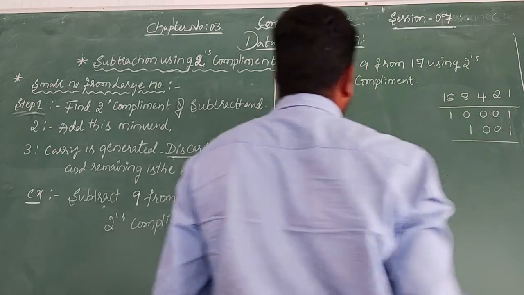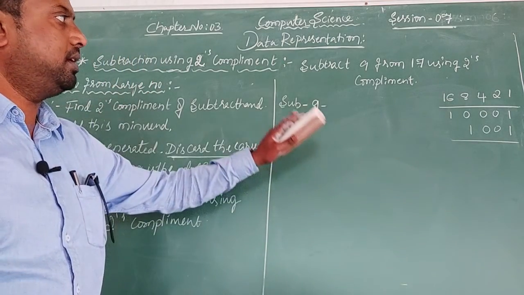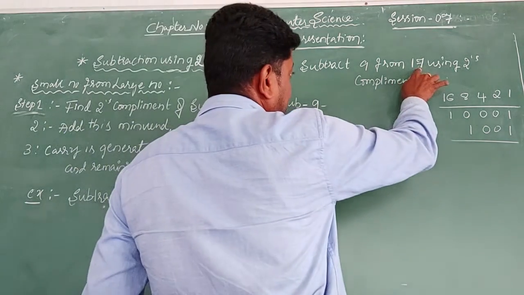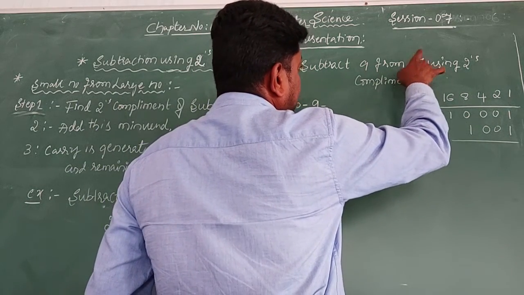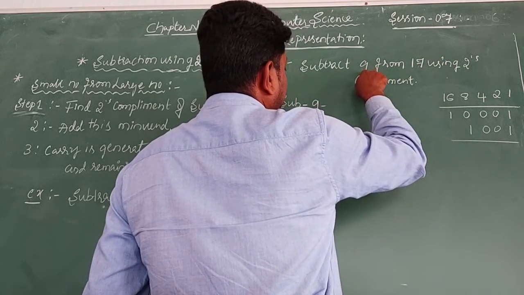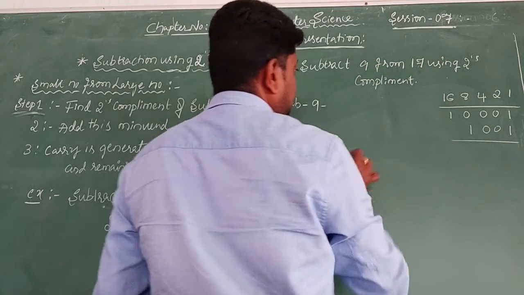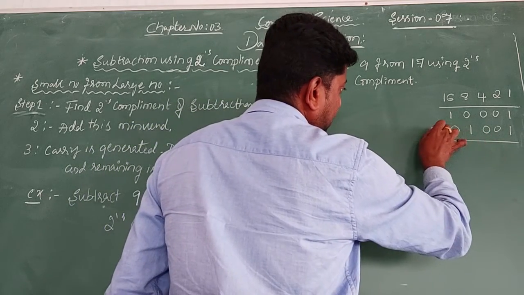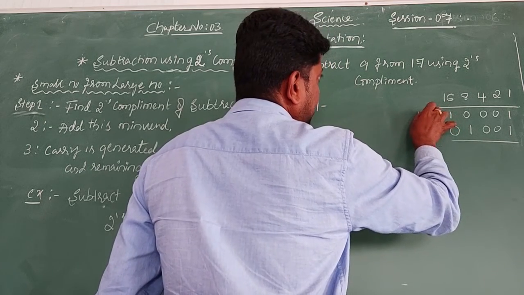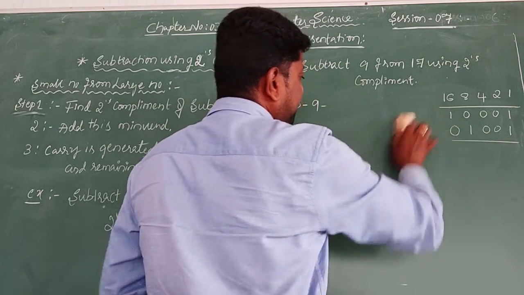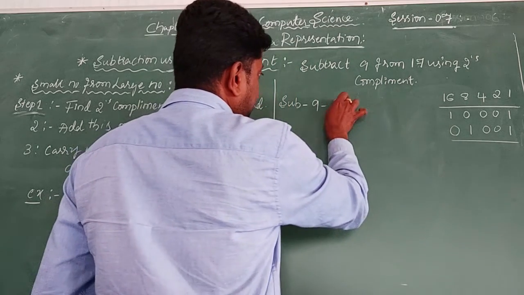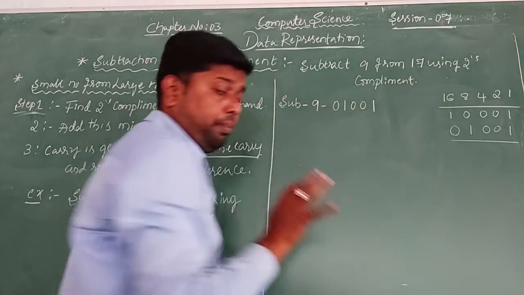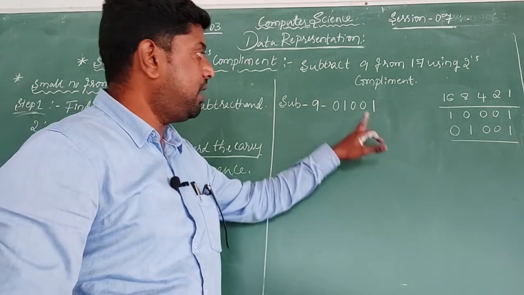Then these two are the binary digits for the 17 as well as 9. But here the minuend is more than the subtrahend, hence that should be 5 digits. Hence I will write 9 in 5 digits. So 9, I will put an extra 0. Then that should be 9 itself, and 17 itself. So first I will consider 9: 0, 1, 0, 0, 1. First the binary representation for 9.